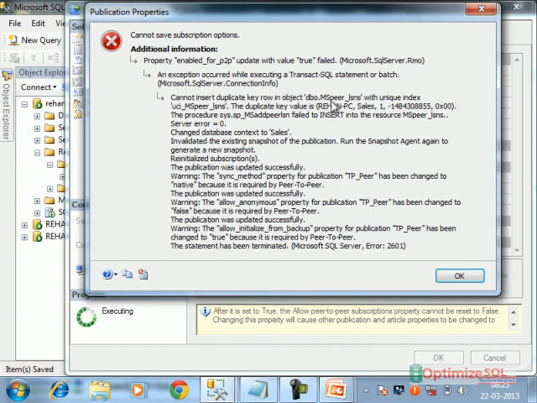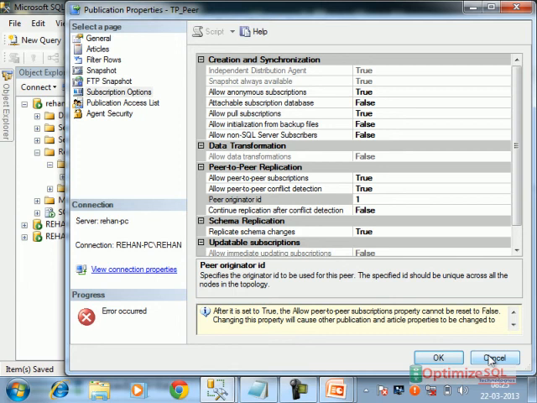What I will do, I will go to this table and delete the rows. MSpeer_lsns here. Cancel.